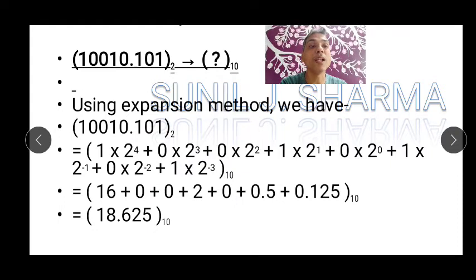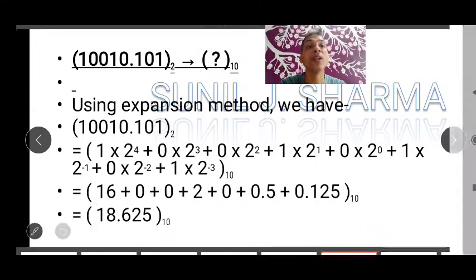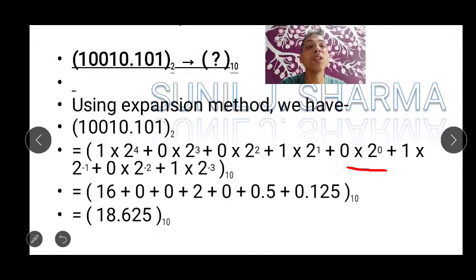So I think I'll start from this side, because this is like 2 raised to 0. Anything raised to 0 is 1, but 0 into 1 will be 0. So can you see this is your result? I'll just use the highlighter. So this is anything raised to 0, that's why your answer is here.